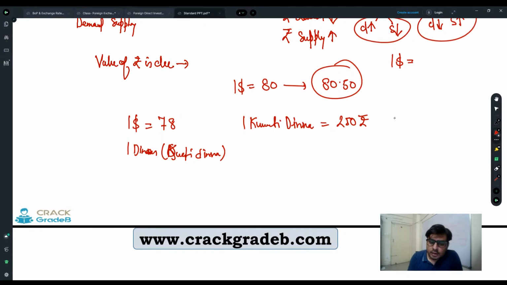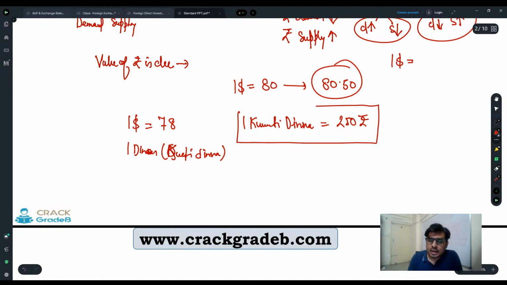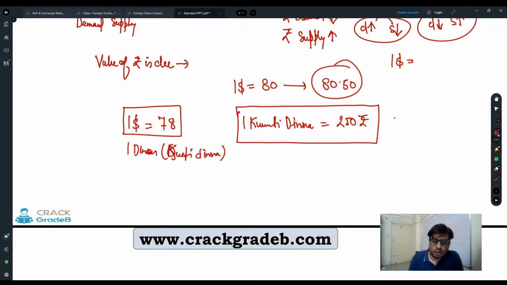So sometimes students get confused why the Kuwaiti dinar is so costly, whereas the dollar is 78 rupees. So the point is,